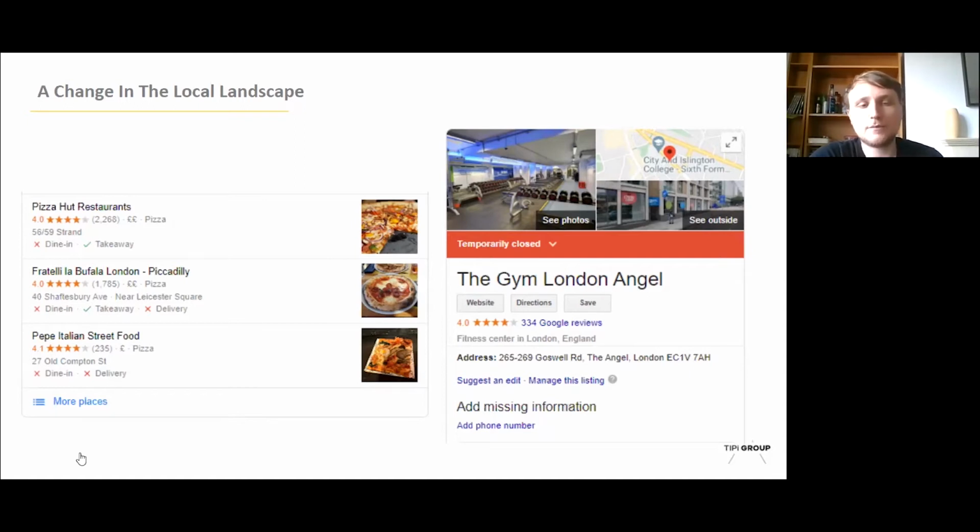And then there's also the temporary closed measure. So a lot of you may have seen this during this year. Effectively, this is a way to, again, in some ways keep your business listing active, but then also inform customers that you're not permanently closed, so they might want to visit at